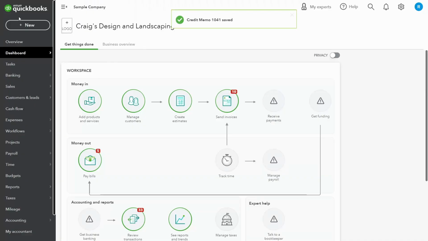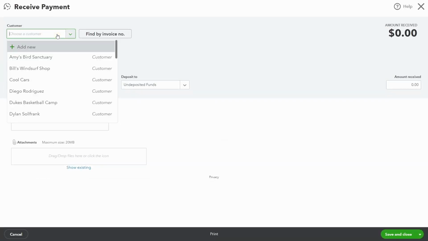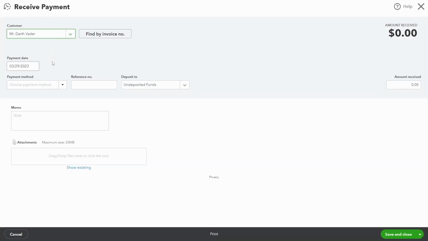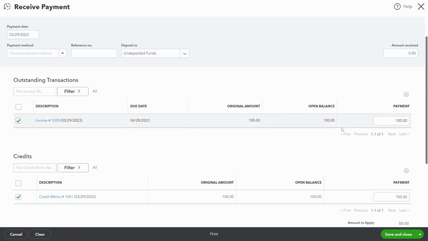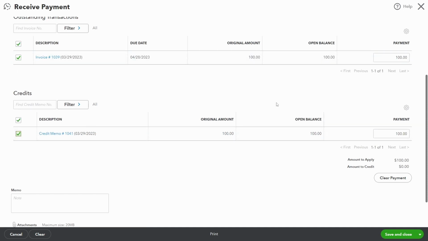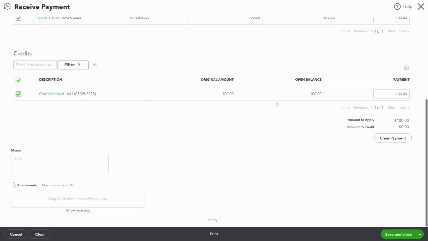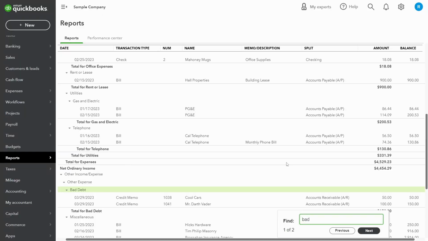Step 5. Apply the credit memo to the invoice. Now this is quite easy. You can go to the new menu, select customers, then receive payment. Select a customer, then select the invoice under the outstanding transaction section. In the credit section, select the credit memo that you created to apply the bad debt, then click on save and close. And you can easily check the impact of writing off these bad debts in both the balance sheet and the income statement of your